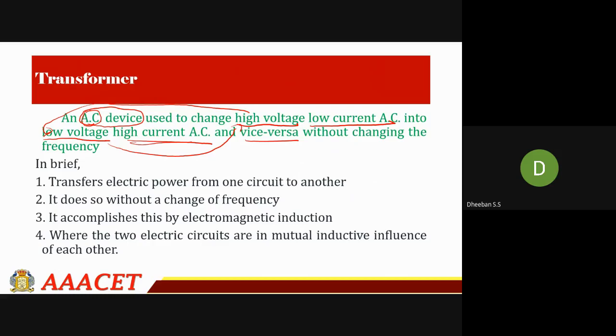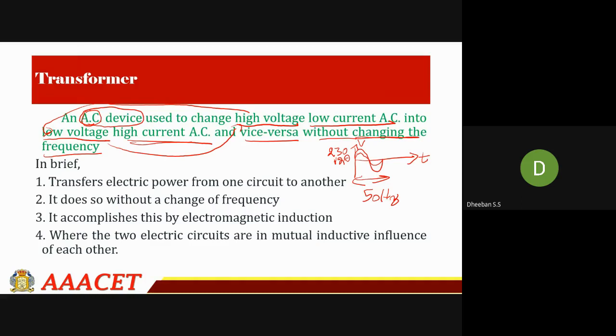In general, this operation occurs without changing your frequency. The frequency value will not change. So if you are transmitting 230 volts at 50 hertz, the same step down process will occur, say to 120 volts, at the same frequency. That's the main principle involved here. Here will be your time period T, with respect to your frequency.